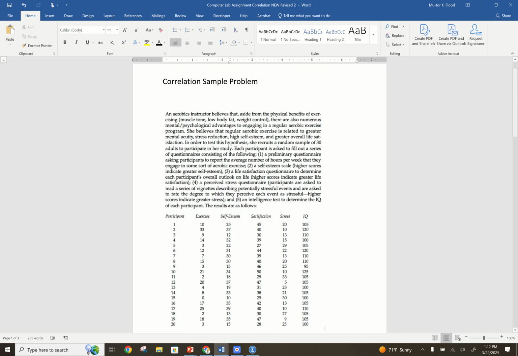All right, so here's our correlation sample problem. An aerobics instructor believes that aside from the physical benefits of exercise, such as muscle tone, low body fat, weight control, there are also numerous mental/psychological advantages to engaging in a regular aerobic exercise program. She believes that regular aerobic exercise is related to greater mental acuity, stress reduction, higher self-esteem, and greater overall life satisfaction. In order to test this hypothesis, she recruits a random sample of 30 adults to participate in her